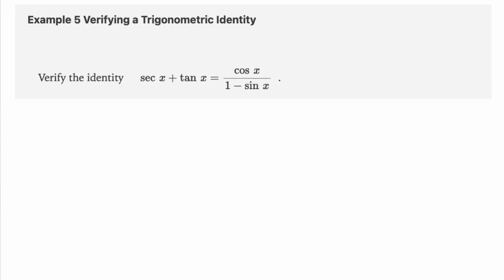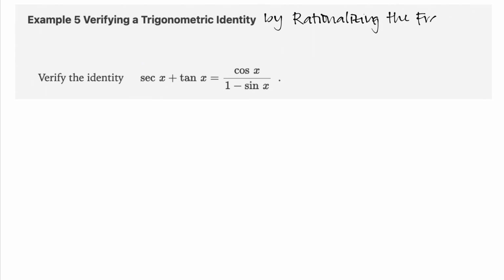In our next example, we are told to verify a trigonometric identity, but in this particular case, we are looking at it and we might notice that the left side is complicated and the right side is also complicated. So what we're going to try to do is get rid of that fraction format on the right side. So in reality, not only are we verifying a trig identity here, we're actually verifying it by rationalizing the fraction